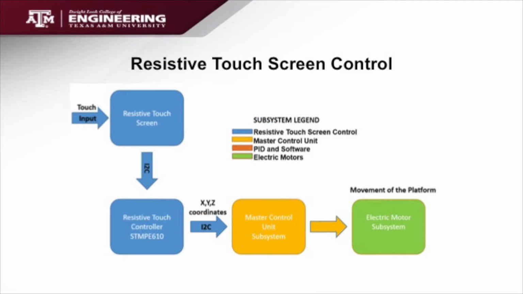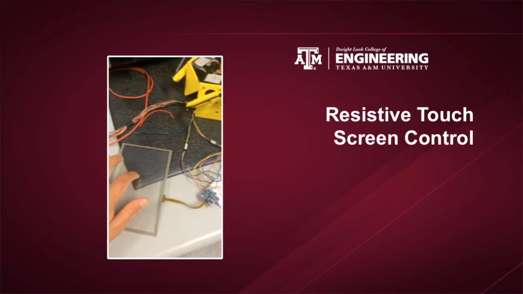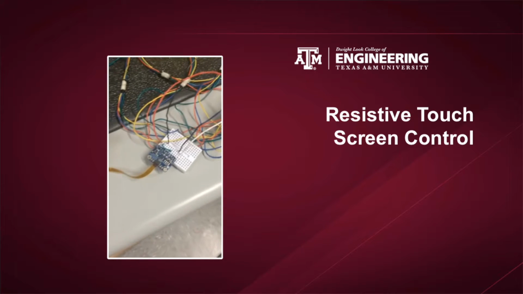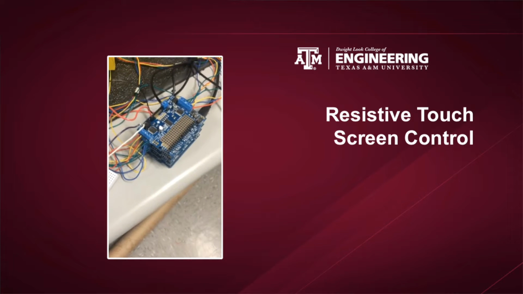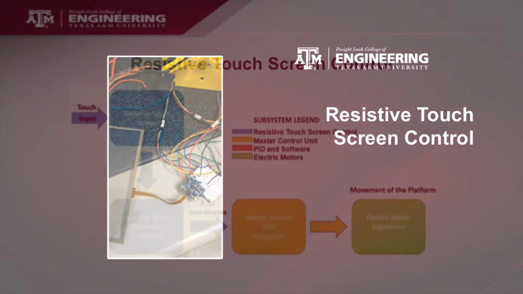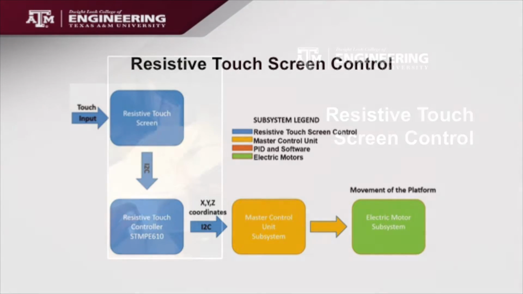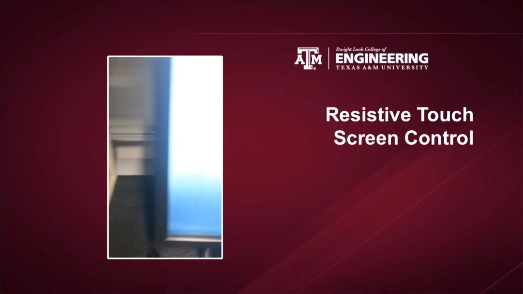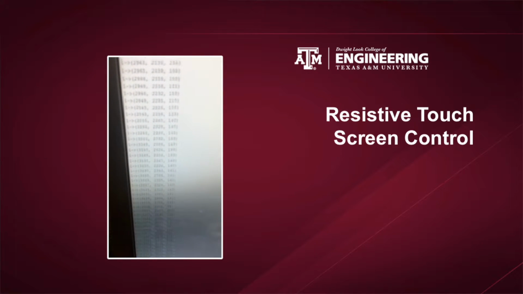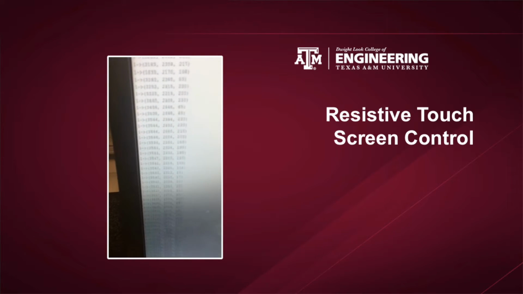The resistive touchscreen control is the first subsystem in this project and is comprised of two main subcomponents. The first subcomponent is the resistive touchscreen, which takes touch input from an inanimate or animate object placed on the touchscreen and outputs an I2C signal. The second main subcomponent, also known as the STMP610, in turn receives this I2C signal from the resistive touchscreen and processes the signal into the X and Y values, along with a clock signal which correspond to a coordinate on